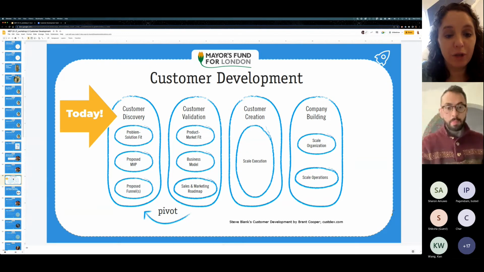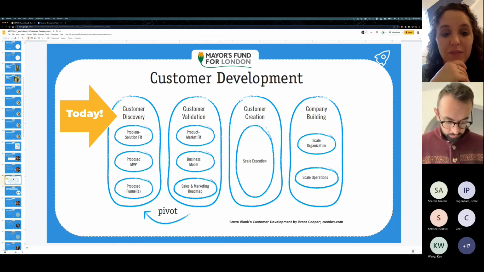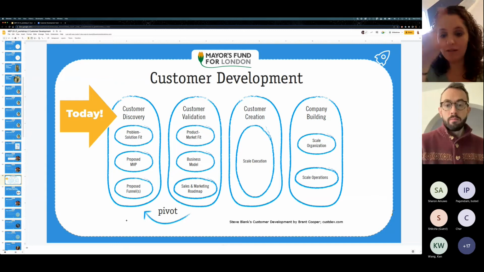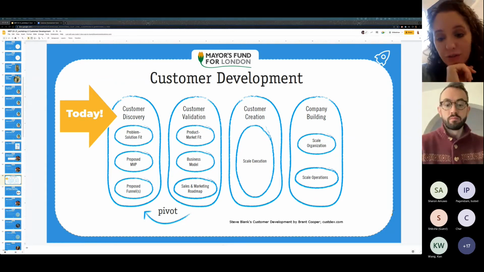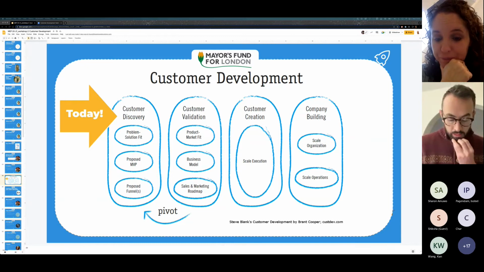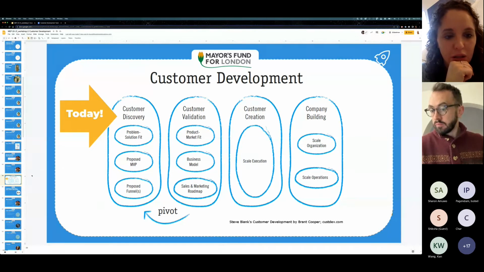And then you look at proposed funnels, and then you go into the customer validation, so the product market fit, business models, and the sales and marketing roadmap. And like we say, from that feedback, you can then pivot back and do more customer discovery. So it goes round and round and round until you feel comfortable with what you have, and then you move over to the customer creation, when you feel like your product or your service has got the best fit. So this is the loop that you keep going through. And on the next slide, Mark,